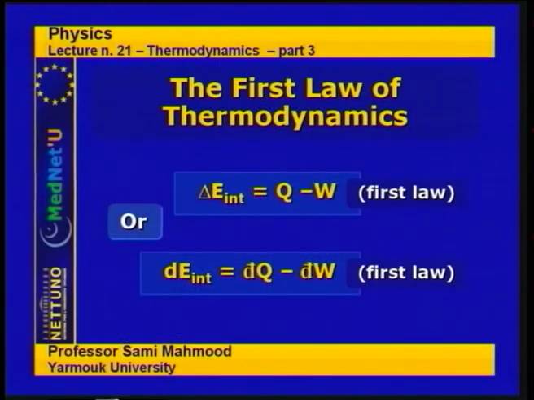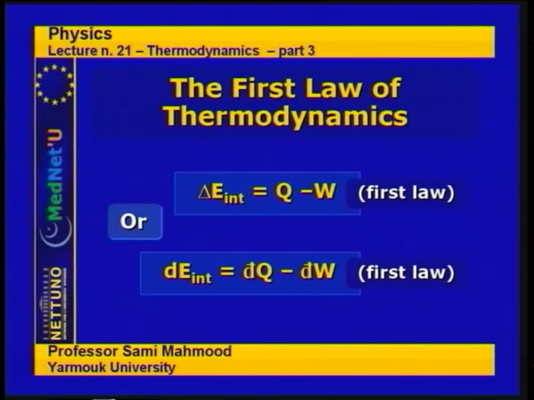Then Q is negative. And again, the sign convention for the work is that if the system does work, then the sign of the work is positive, and if work is done on the system by the environment, then the sign of the work is negative. So thus we obtain a relation for the change in the internal energy in terms of the heat absorbed and the work done, or vice versa, or alternatively, in another form,